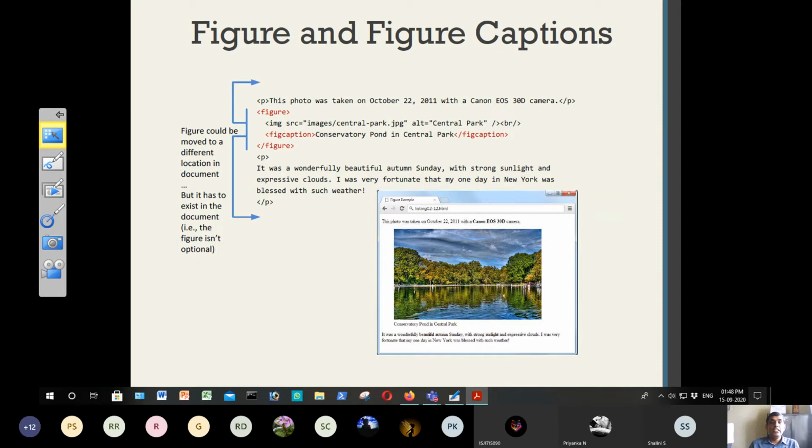When you give a text along with an image, and you can't move the image to a different location because that will change the meaning, at that time never include that image within a figure. So the figure tag always indicates that the elements are a group of elements or group of images. If moved to a different location, it doesn't change the meaning. That means there will be no change in the meaning if you move this element to a different place in the document. And figcaption is used within the figure tag to give a caption to the figure.